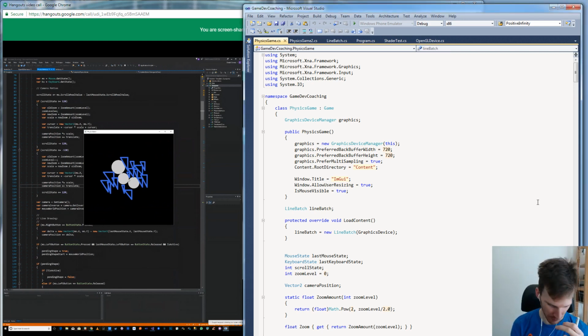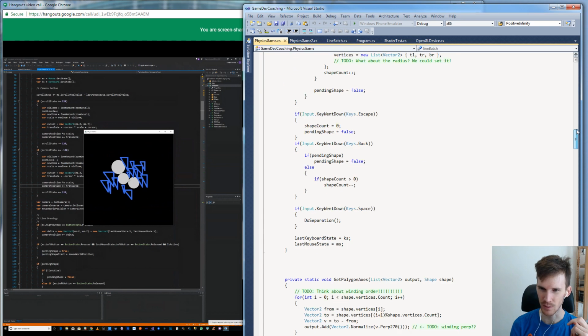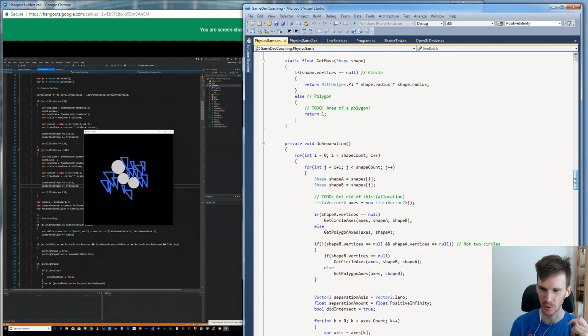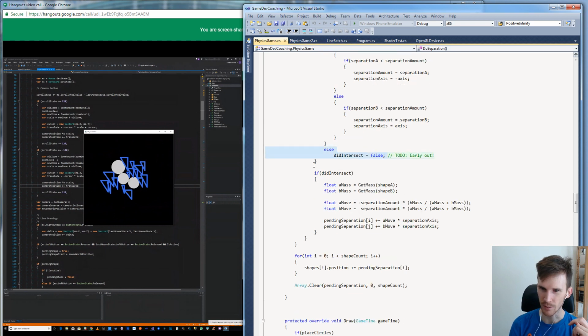Let me see where we left off. We just added triangles. So we're going to go through and largely focus on winding order today, and maybe do a couple of other to-dos in the code. One of them that we noticed last week, if we scroll down to here, was this did intersect test,